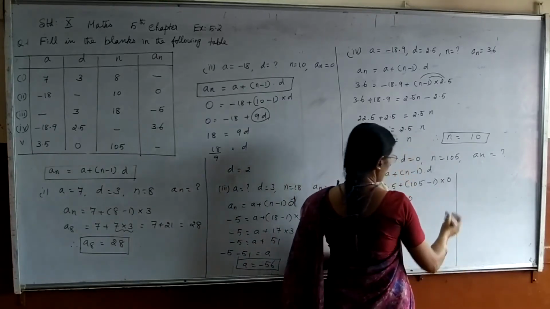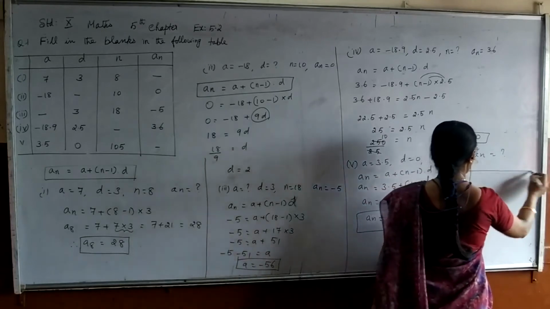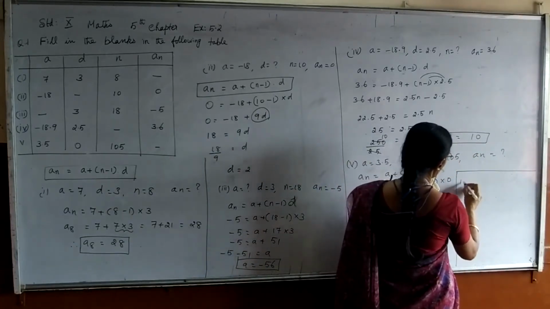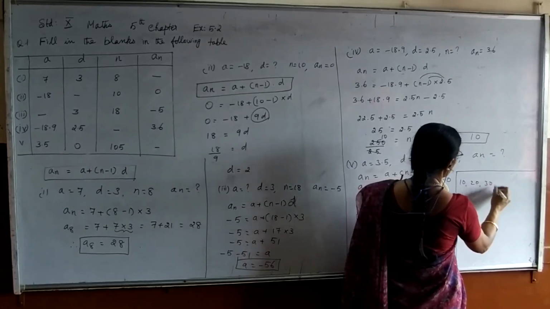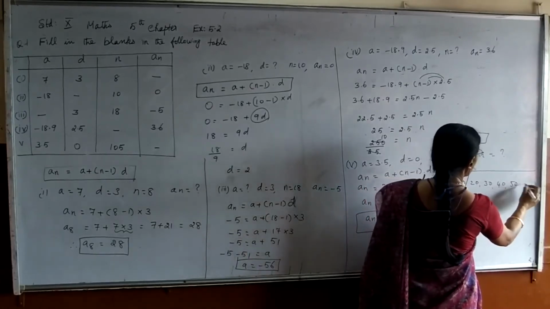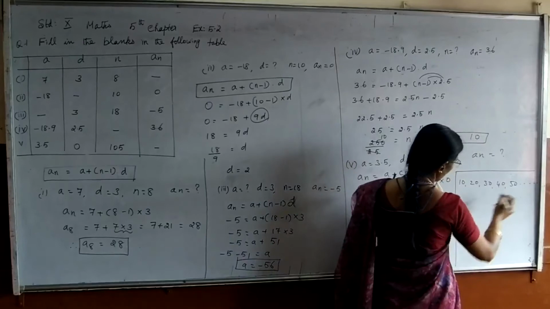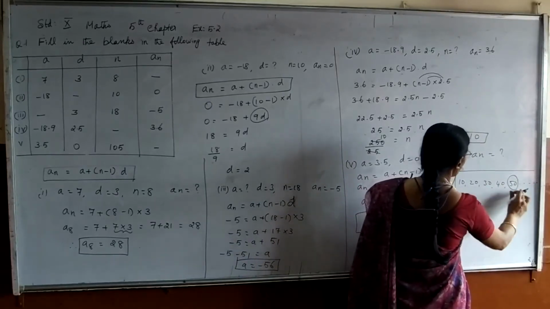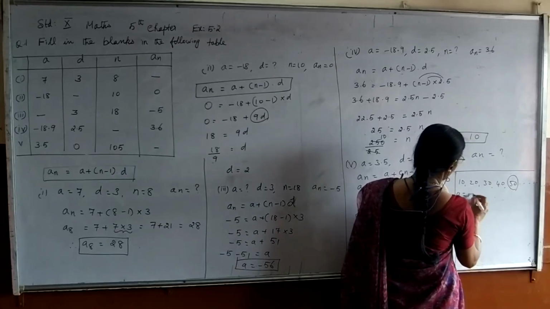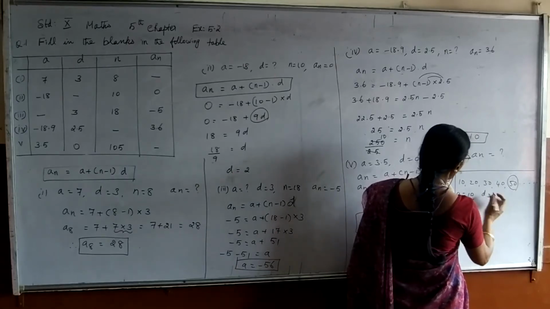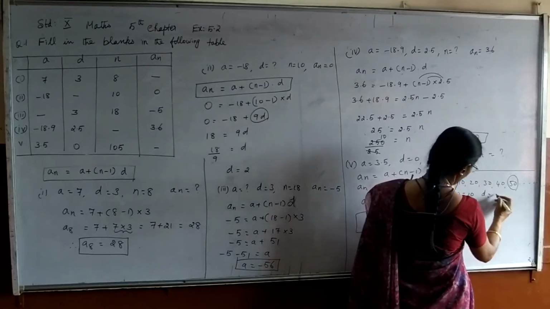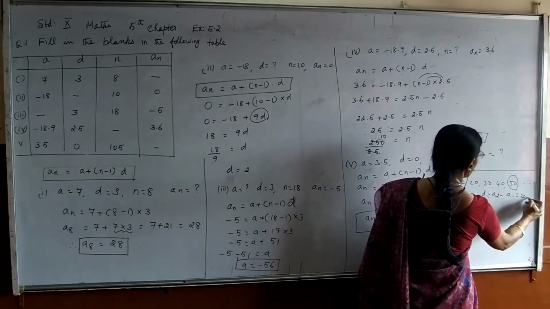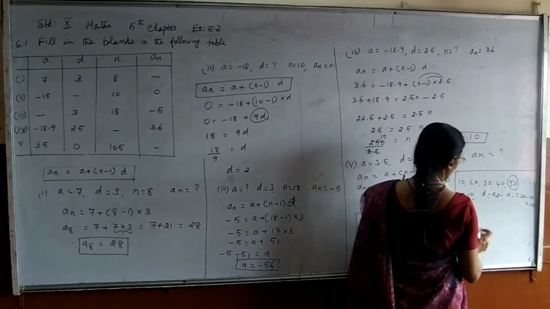Let us recall what is N, A, An in case you have difficulty. Suppose the sequence is 10, 20, 30, 40, 50, it goes on. If I take this 50 here, till here, what is A here? A is equal to 10. We know D is the difference between any two consecutive terms. It can be A2 minus A1, which is equal to 20 minus 10, which is equal to 10.